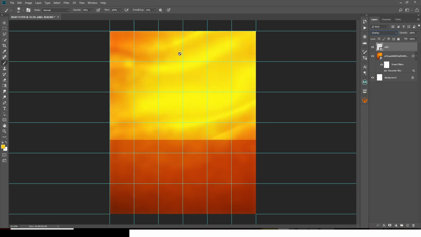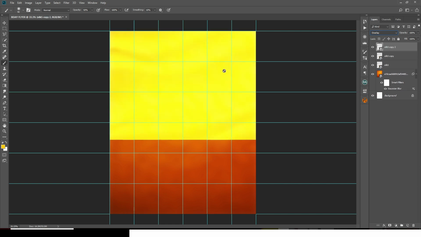I want to use it, but it's not too pronounced, it's not too deep, and so I'm going to duplicate it once, and I'll duplicate it again. OK, and